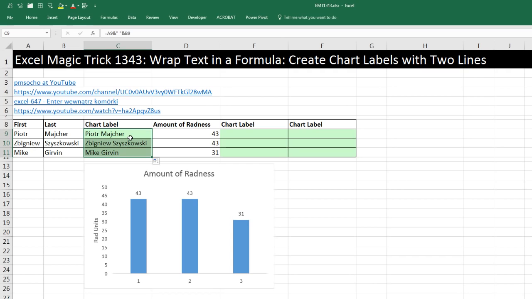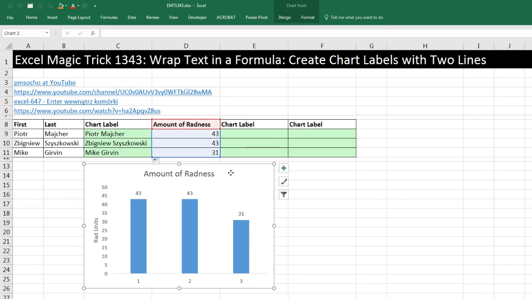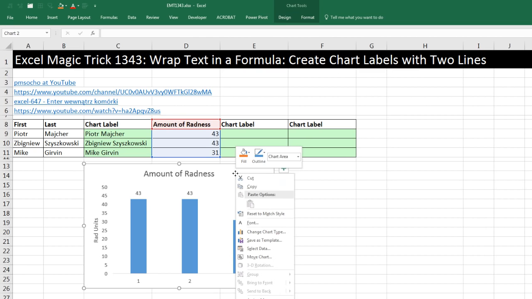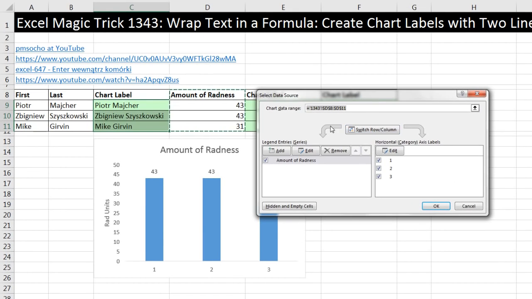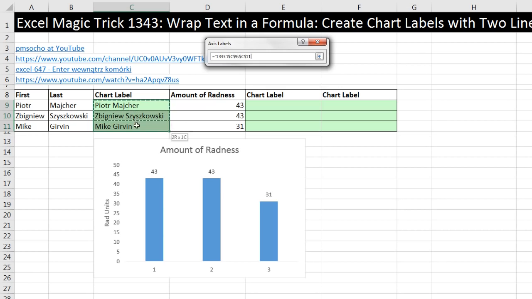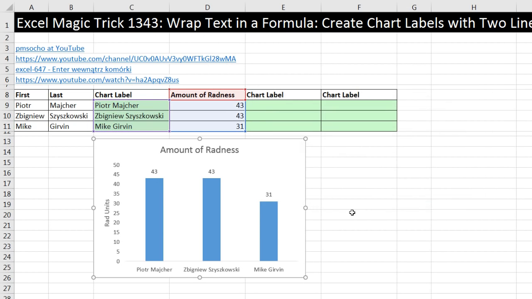Now, I could add these to the chart labels down here without wrapping and see what that looks like. I click on the chart, go up to Design, and select Data, or come down, right-click, Select Data. Now, this is the real power of charting because I have complete control over where the numbers are coming from. Numbers are called series, and the labels are called categories. There's my Edit button. Click Edit. And now I can simply highlight these, click OK, click OK. Now, we have our labels here,